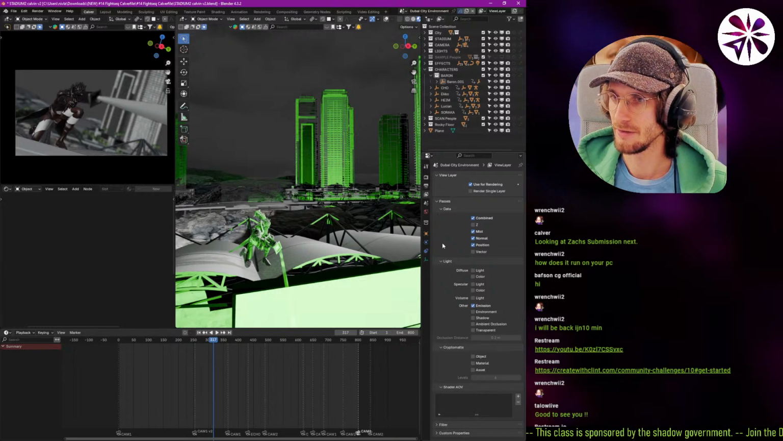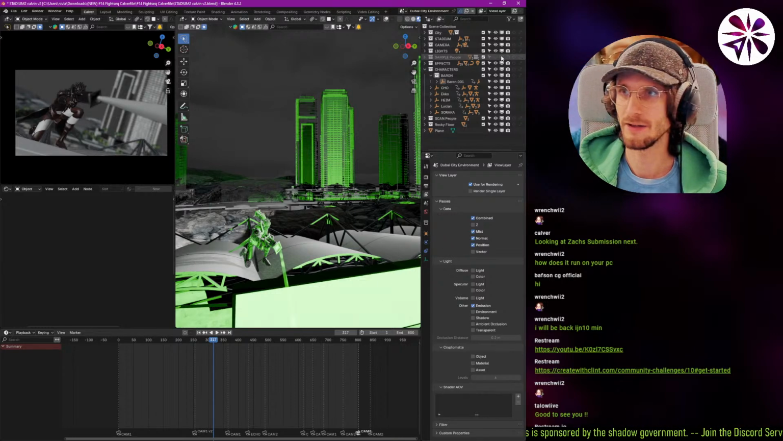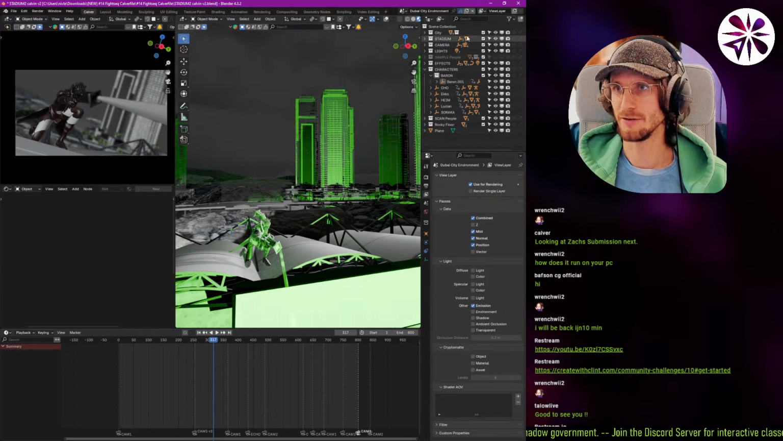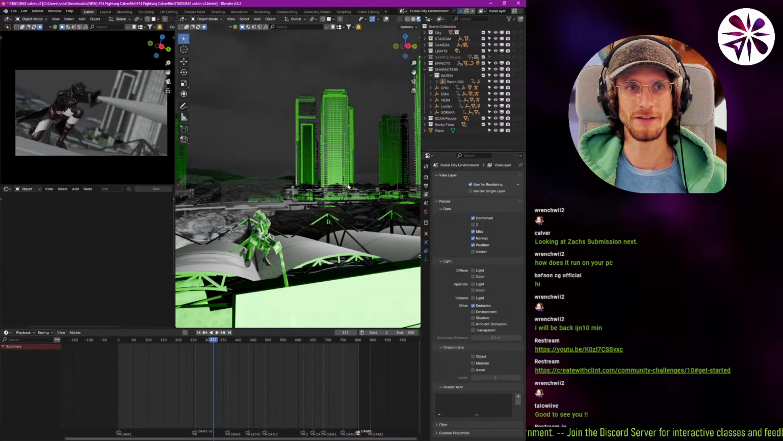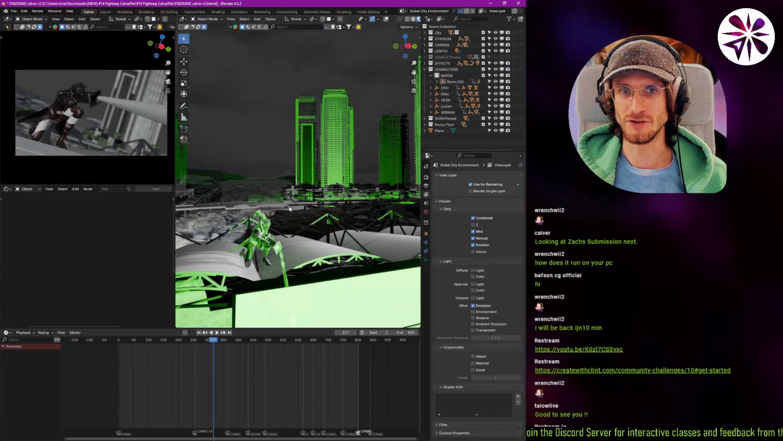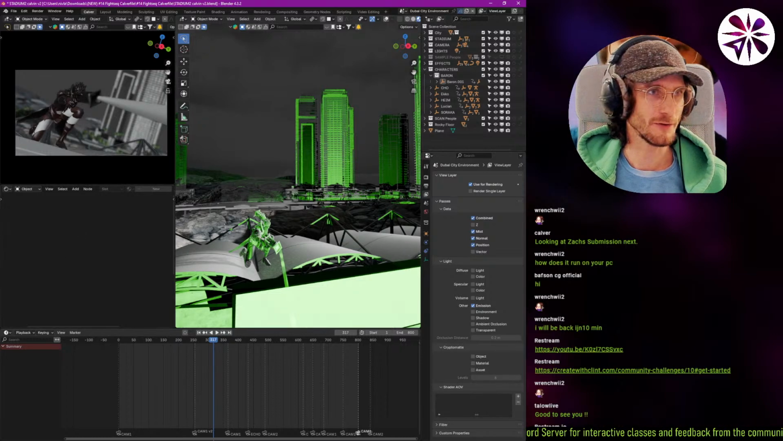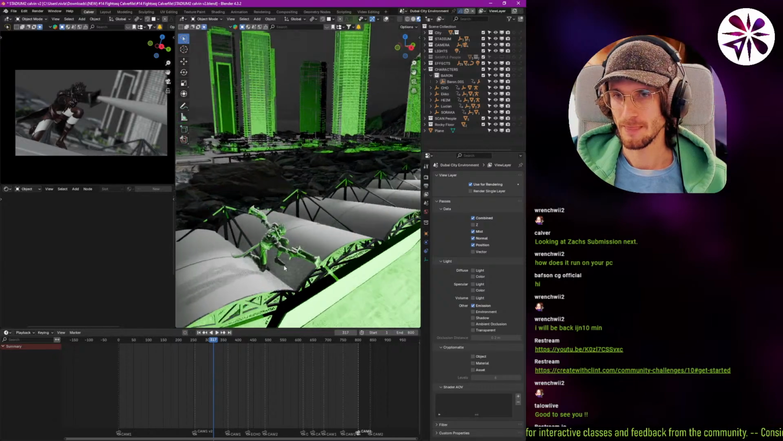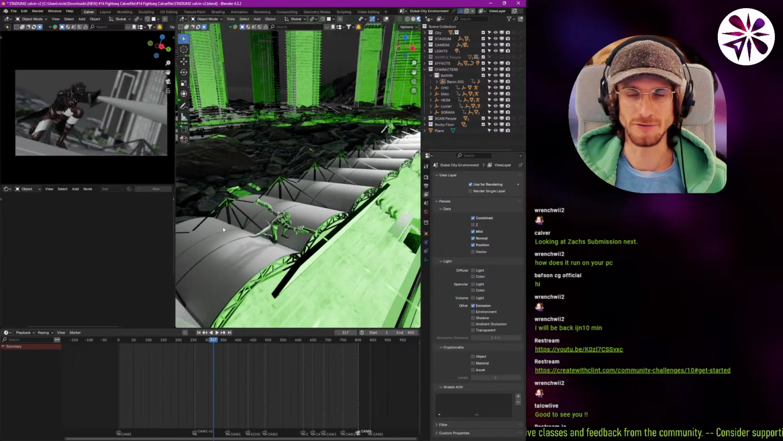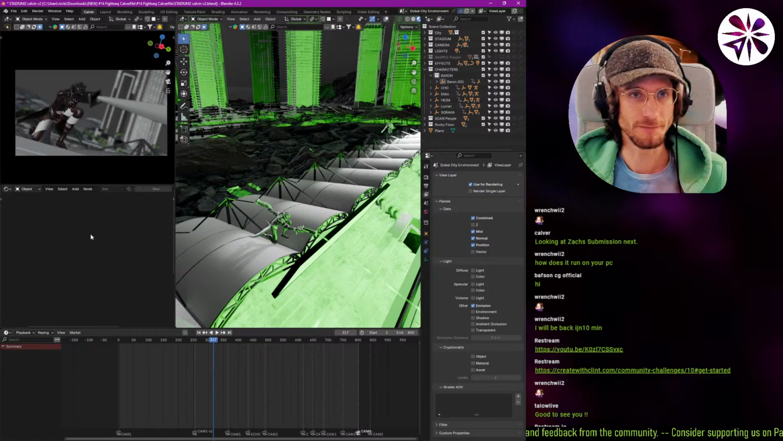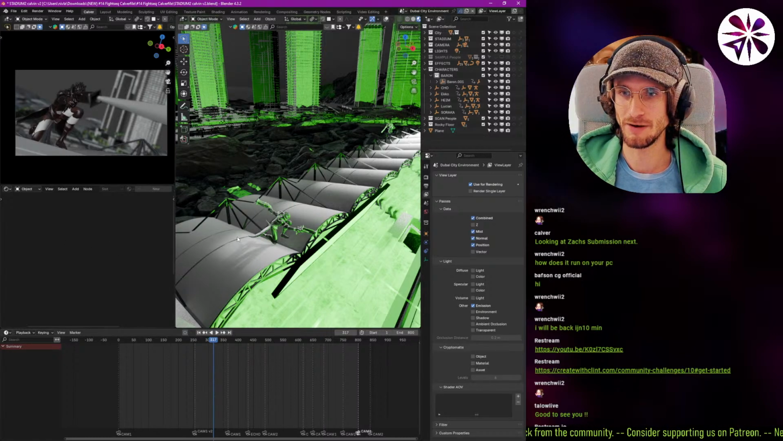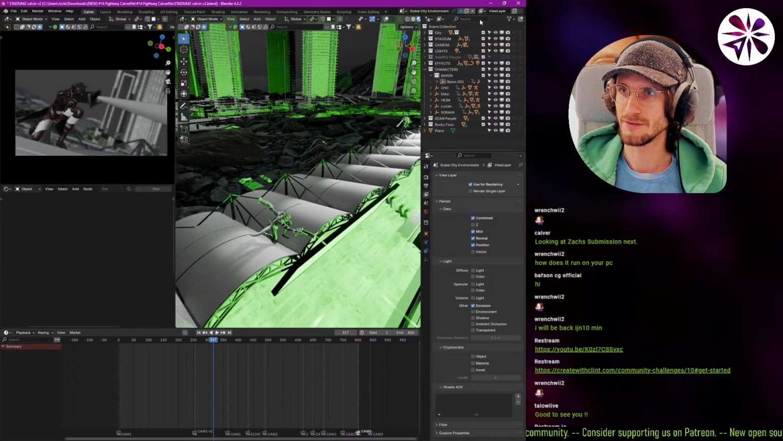Yeah, honestly, I think it should be fine. Something that I set up in my own startup file is an object ID pass, so you can separate individual objects. And while we're at it, I'm going to show you how to do that from scratch. That's why I also recommend you use my startup file, because then it's already part of the render setup. But to set it up manually, you would